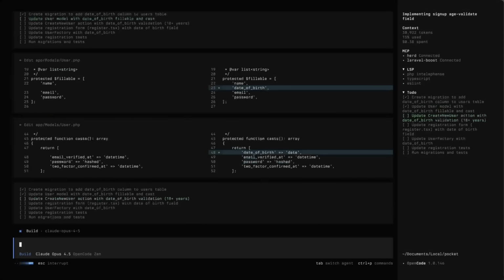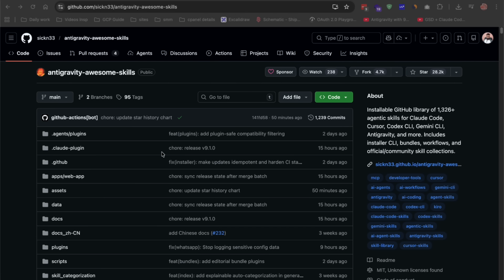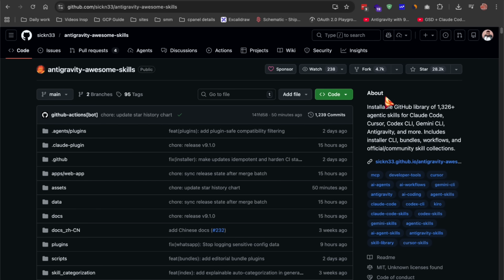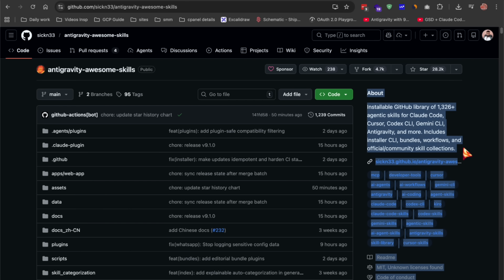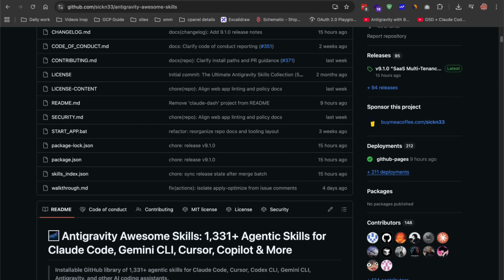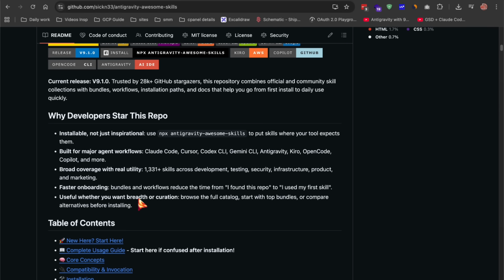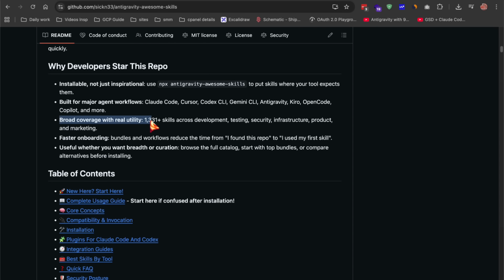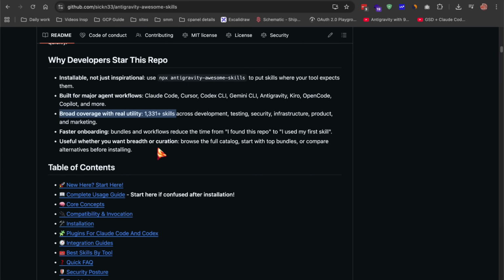There's a free open source repository that plugs directly into OpenCode and gives it over 1,300 expert level skill files, covering everything from architecture planning and React patterns to API security auditing and infrastructure setup. That's what this video is about. We're going to install it, configure it for OpenCode specifically, and build something with it so you can see the